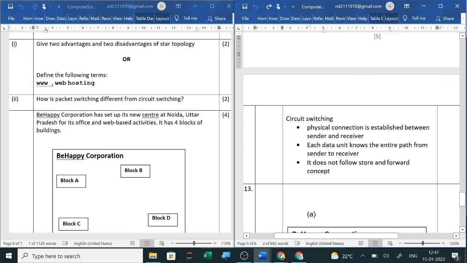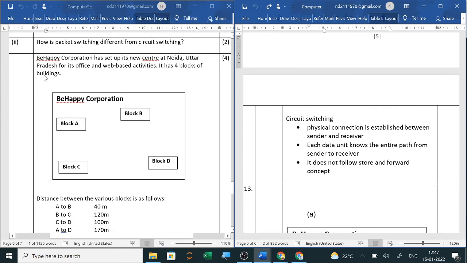Normally in circuit switching, what happens if the capacity of the next unit is small and we are sending huge packages, then it creates a problem, and circuit means a physical connection is required while sending it. Whereas these days we are using packet switching, so fixed size packets are being transferred from the sender to the receiver.